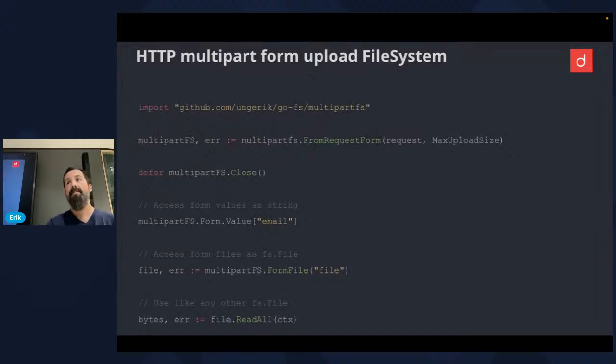Other questions? In case of multi-part form, is it possible to just proxy a file with a reader interface without touching disks? Is it an in-memory operation, or how does it work? Well, the standard library is perfectly fine for using multi-part forms. The thing here is just the convenience that you wrap this whole request basically into a file system and can just access the files that were uploaded with that, like all other FS file implementations.